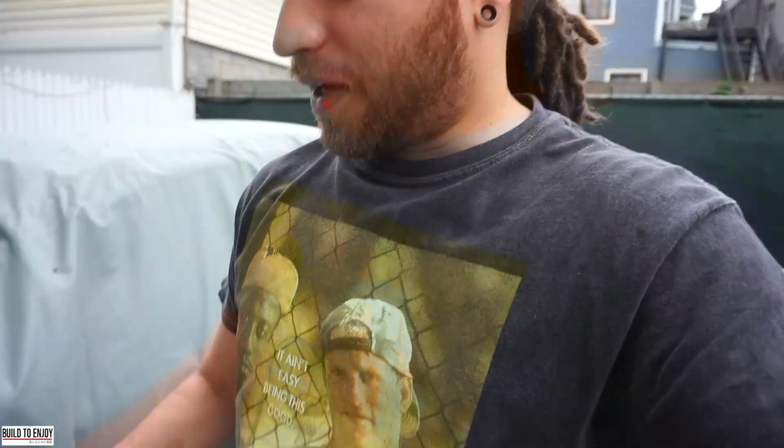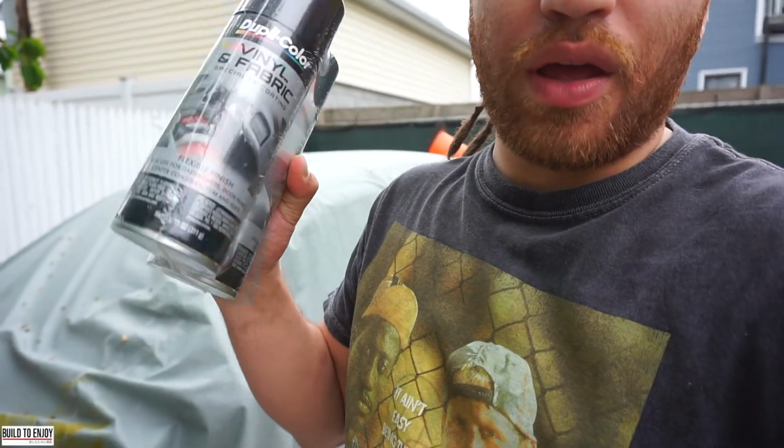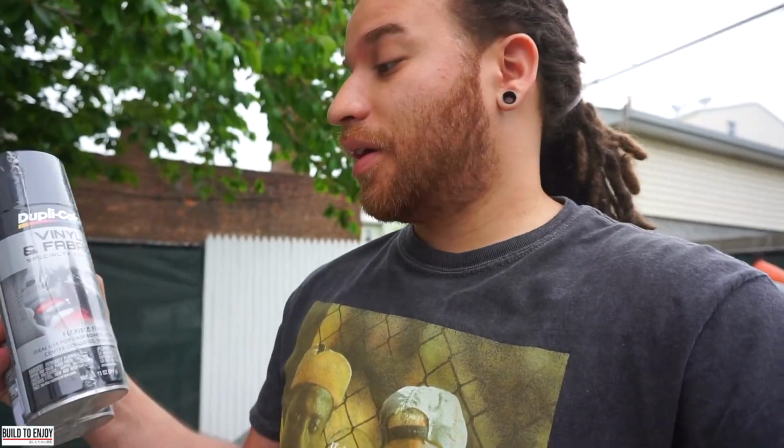My interior on my car, the back interior is kind of faded, obviously it's old and just from sun fade. So I got some vinyl and fabric paint. This was like $30 together, something like 27. So this right here is about to change my seats from being faded, ugly, disgusting looking, to some black seats so